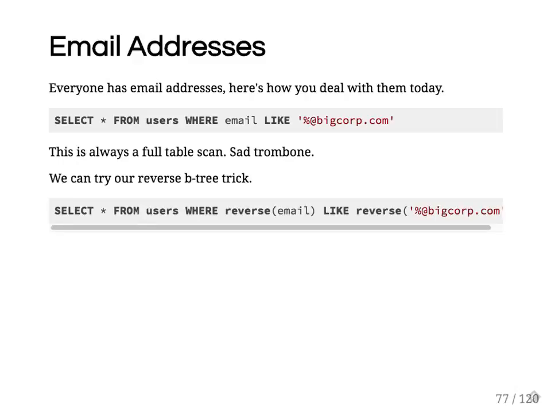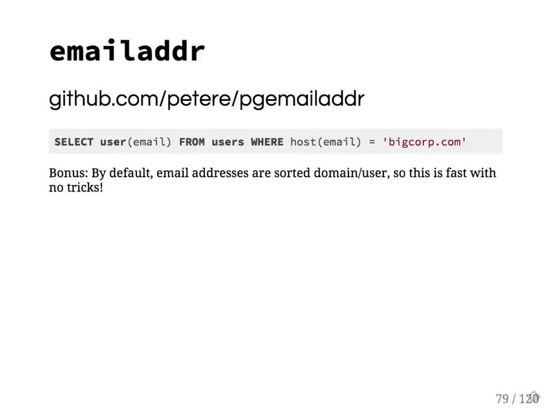So we can do this thing we know already where we add reverse functional indexes. But that kind of sucks. Why don't we just have a type for email addresses and then we can call intelligible, meaningful names for the functions. And if we discover that there's some problem, we can fix this once upstream and then all share in the benefit of that implementation. So Peter Eisentraut wrote this a while back,